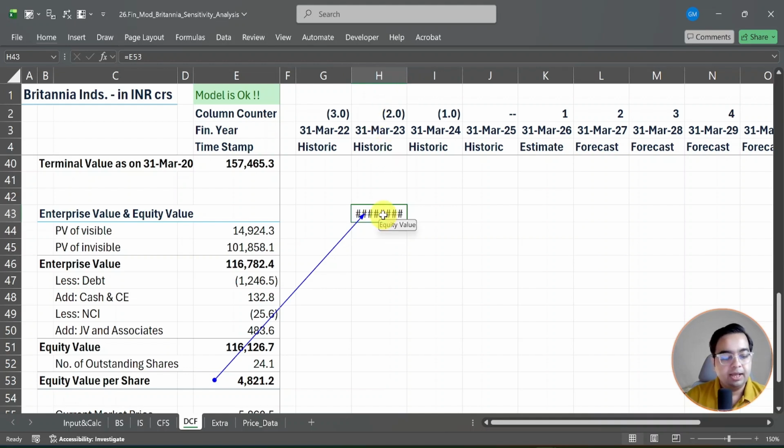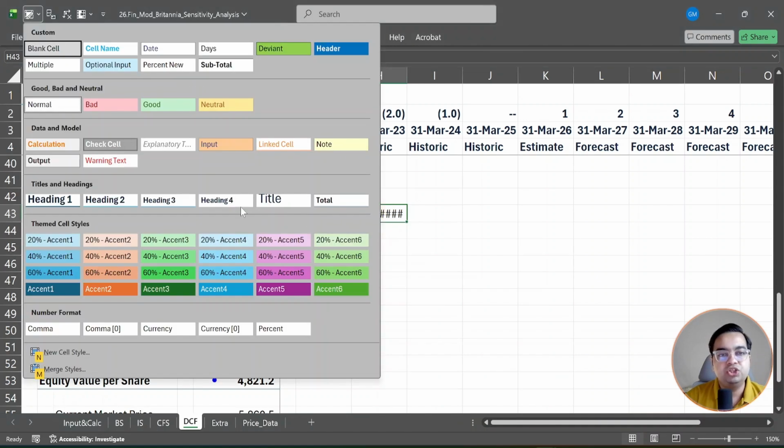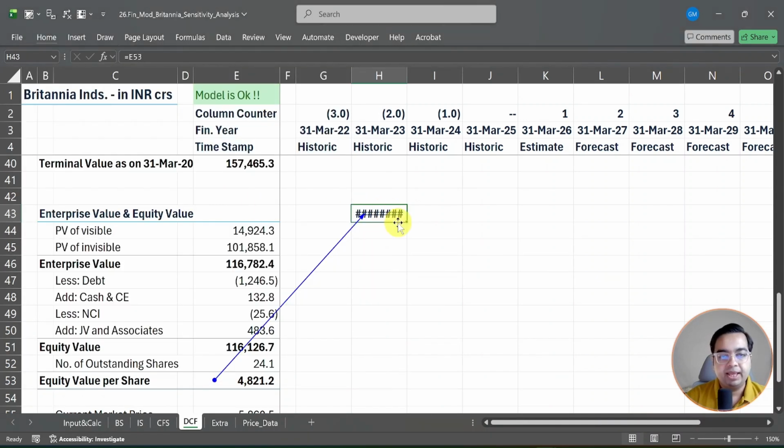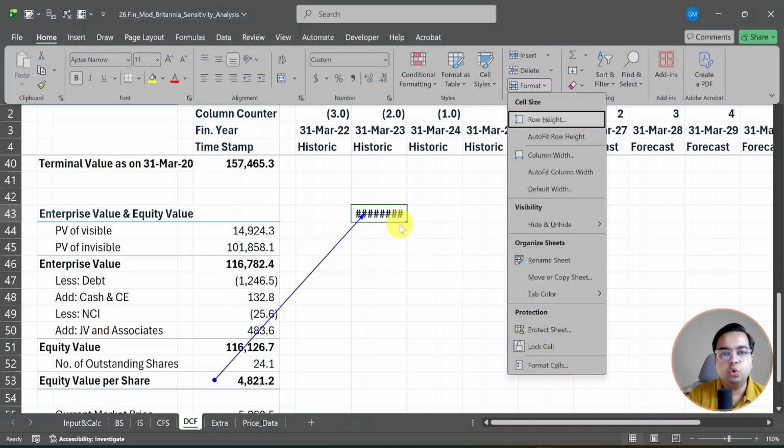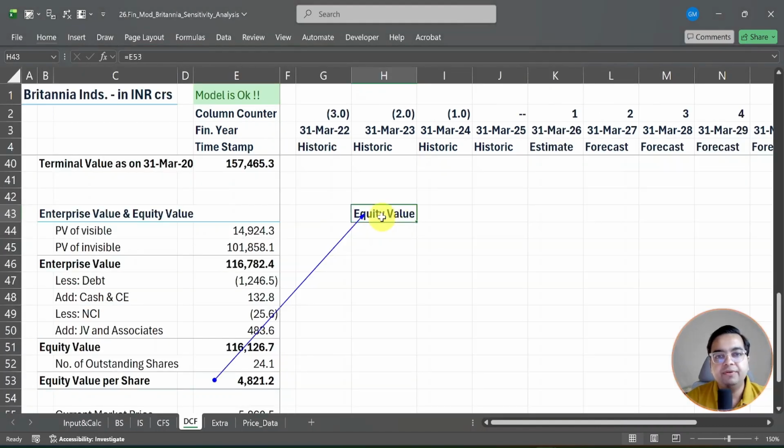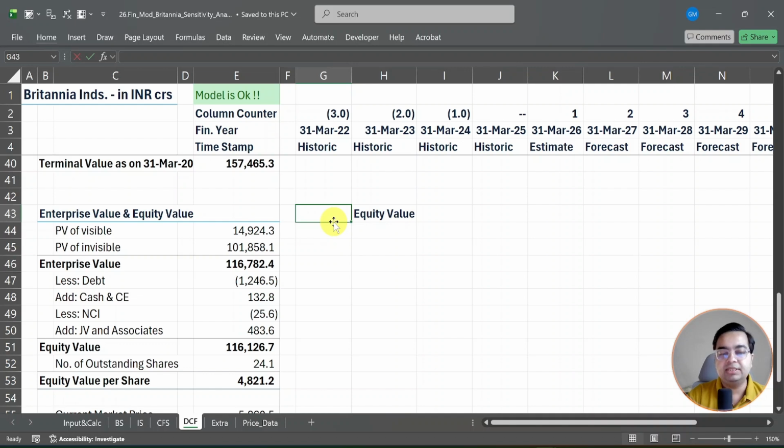First of all, I press Control 1, change this to heading 4, and then I press Alt H O I, and here we have equity value of this particular company. So this will be visible as equity value, but remember, Excel understands that this is a number. We will use